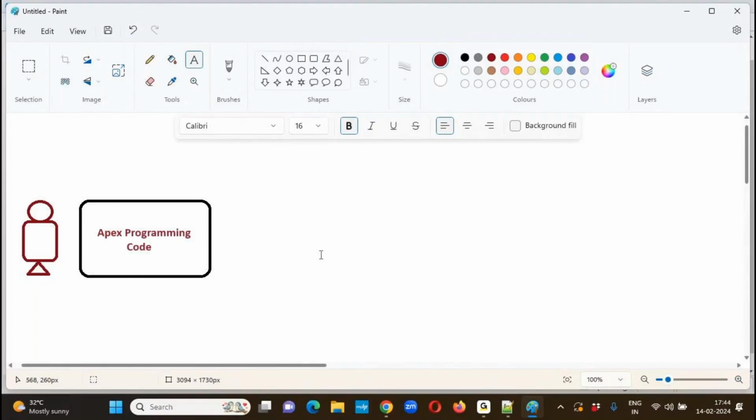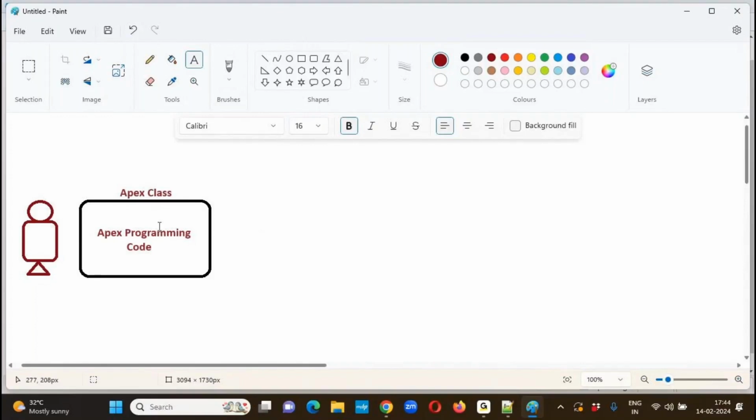Once the code has been written in this Apex class, because business logic is written in the form of classes,